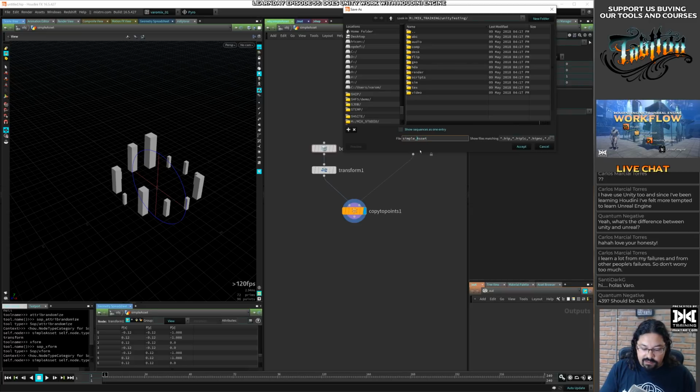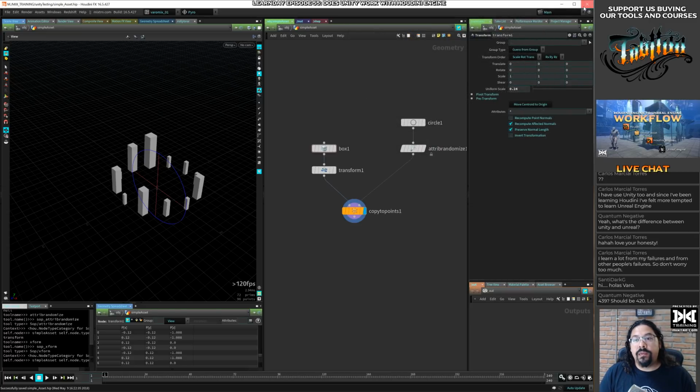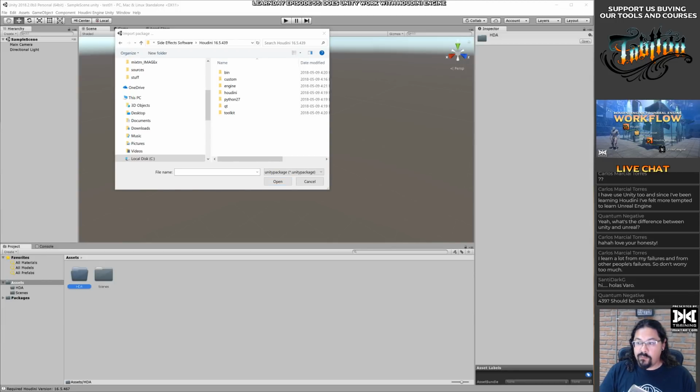Don't use spaces. I never use spaces. Houdini. Damn it. Let me find what that thing is to add a shortcut. All right, there we go.